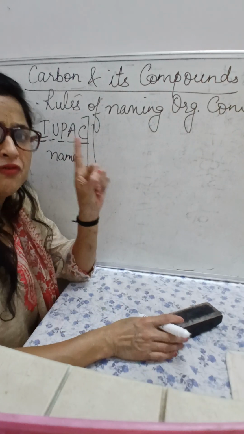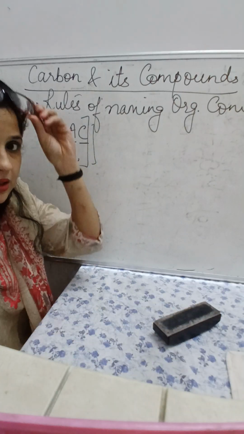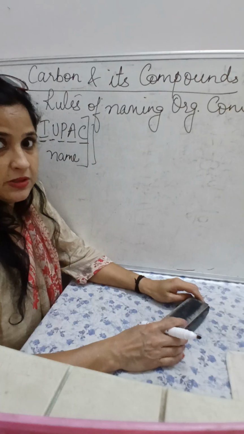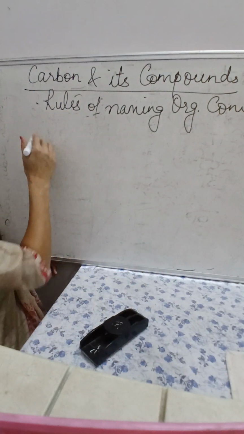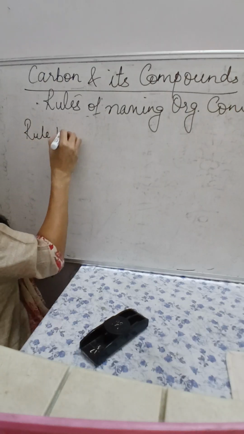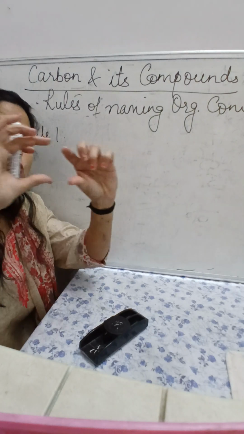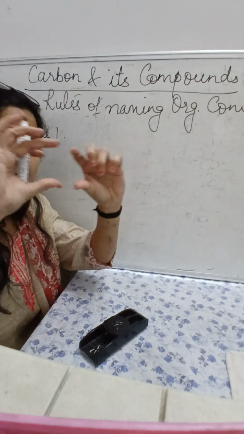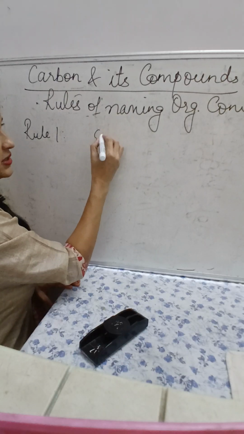Let me start with the first rule, because children have a lot of problems in naming the hydrocarbons. So the first rule is that you are going to take the main root word, the parent carbon chain. For example, if I have ethane, let us see,